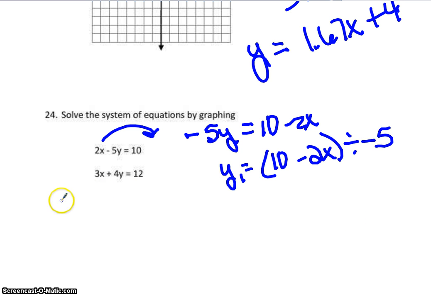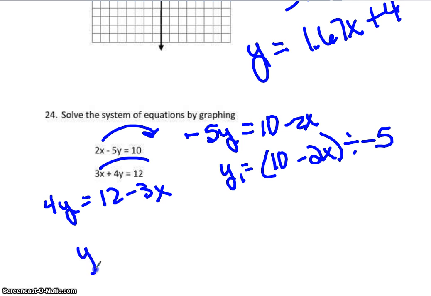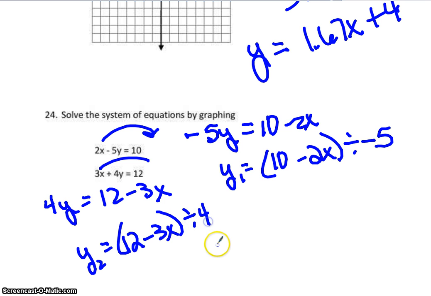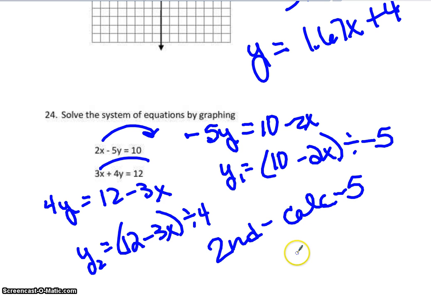For the second one, you're going to move the 3x, and so 4y is equal to 12 minus 3x. At y2, I would put open 12 minus 3x close divided by 4. Then you would do second calc 5, enter, enter, enter, and you should get 4.3 comma negative 0.3. Going to the next page,